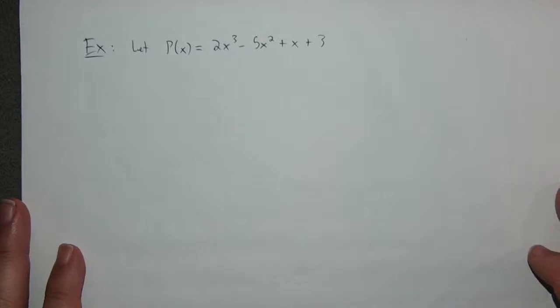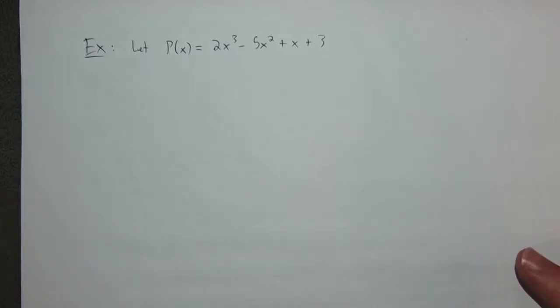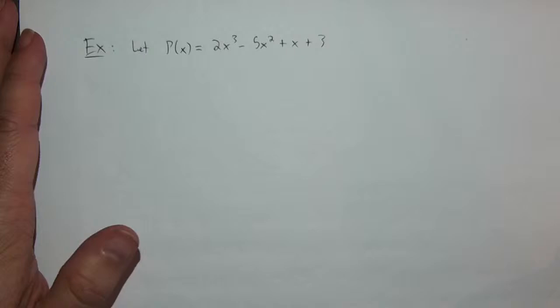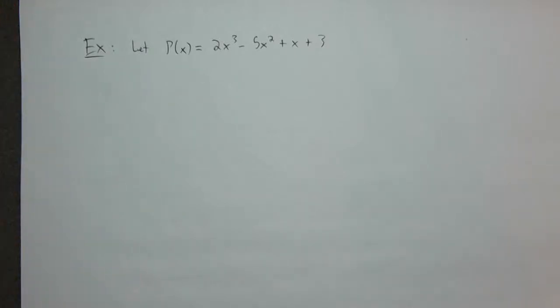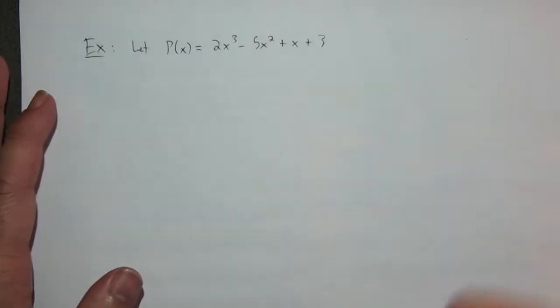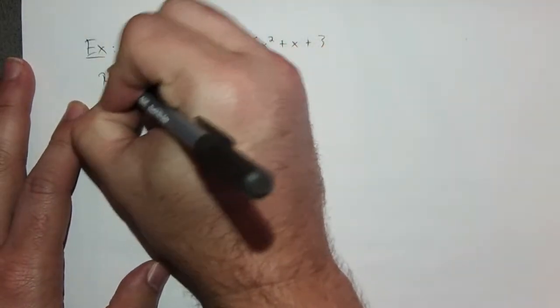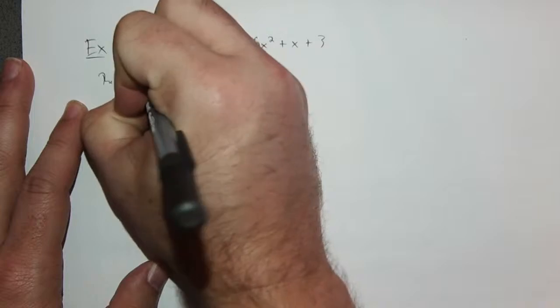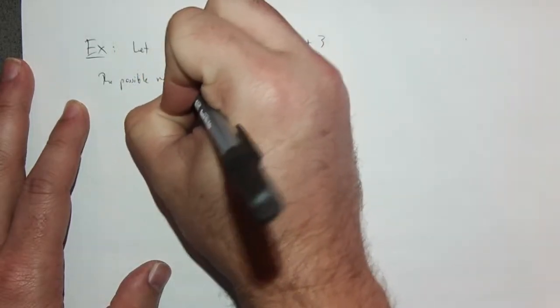And you might even think to yourself, come up with a quick example. It doesn't have to be too hard. You can come up with a degree 2 or better example of a polynomial such that the entire list you get here works. You can come up with a quick example. I'm confident. So, what are the possible rational roots? So, the possible rational roots